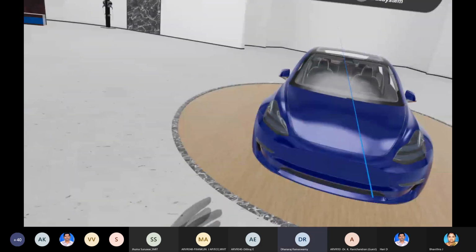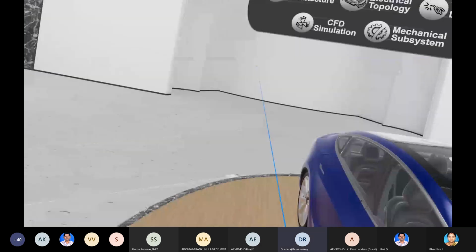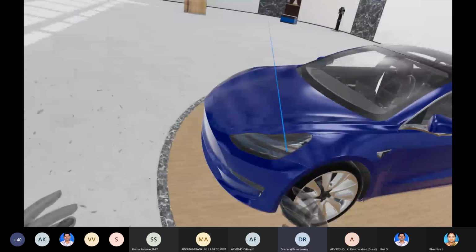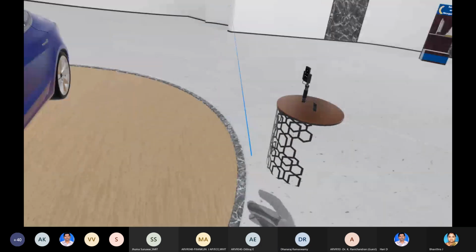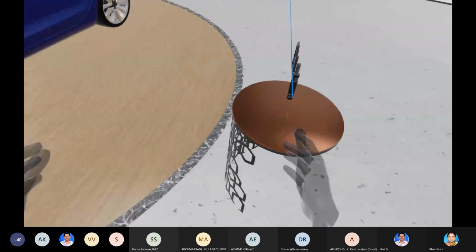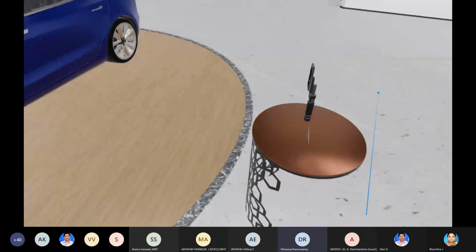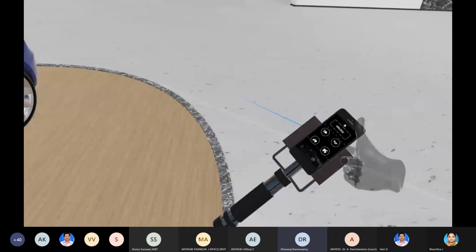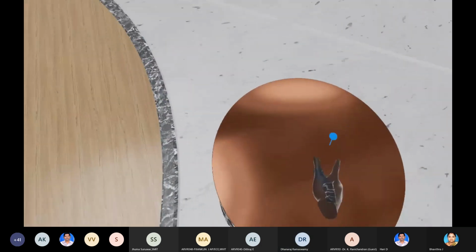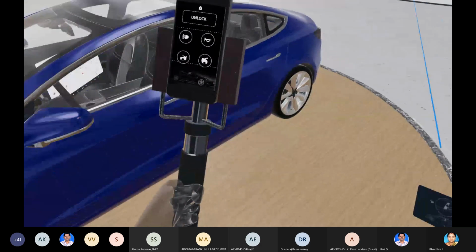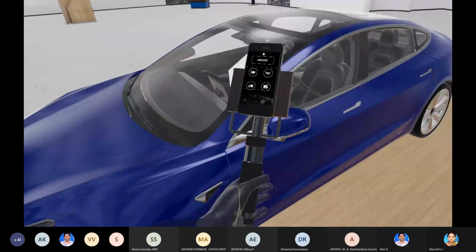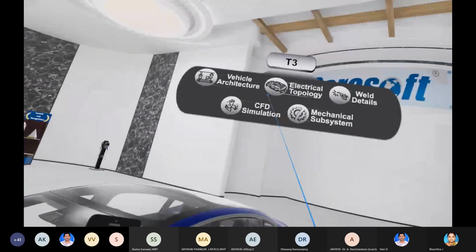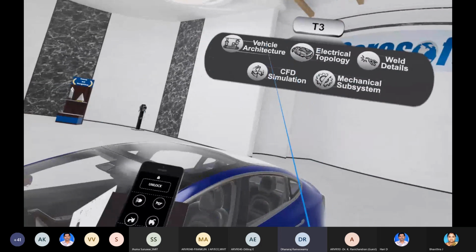Now I am moving my controller with the joystick, and also rotating. I can grab any object here with my controller. This is the trigger functionality.